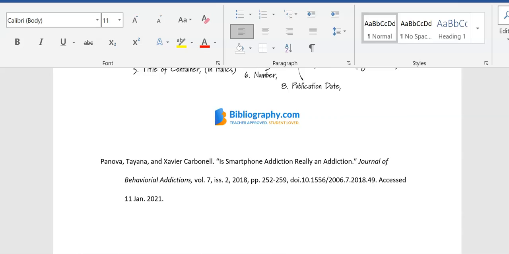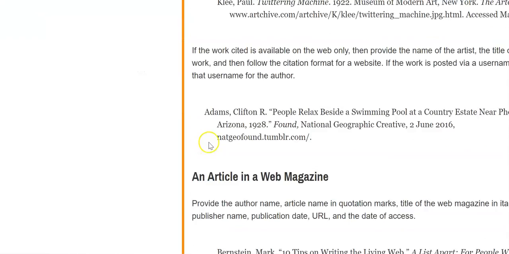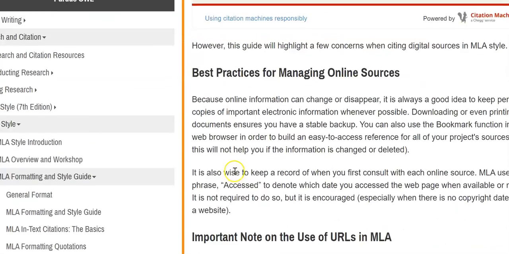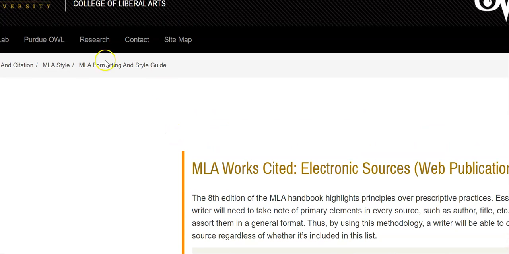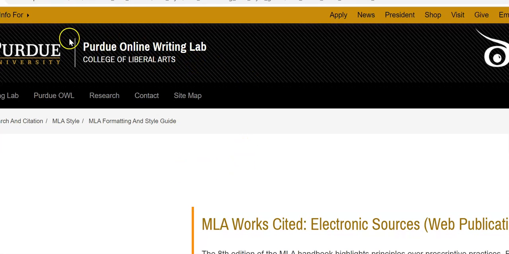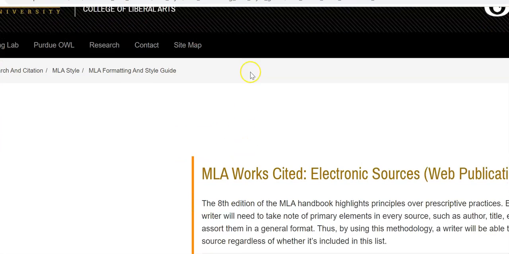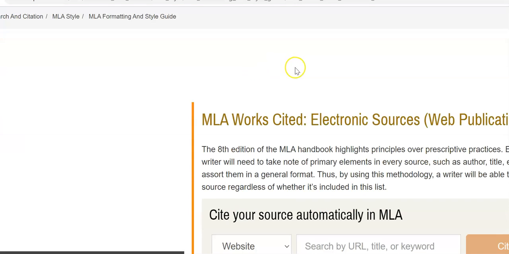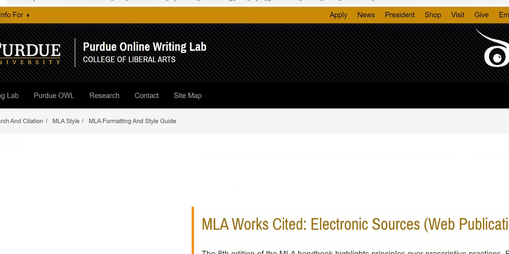If you're unsure, my favorite website for anything to do with citations is the OWL, the Purdue Online Writing Lab. I usually just Google the OWL.